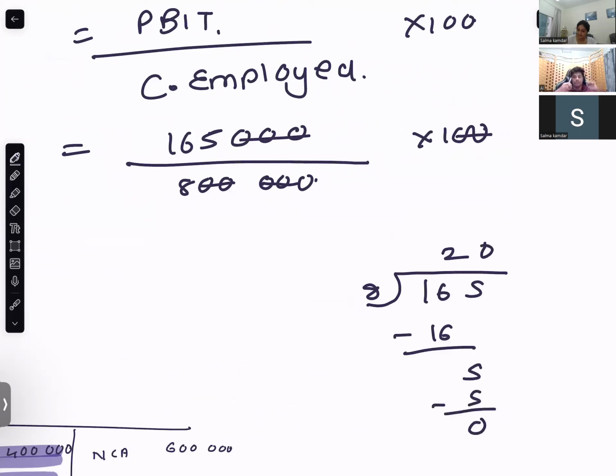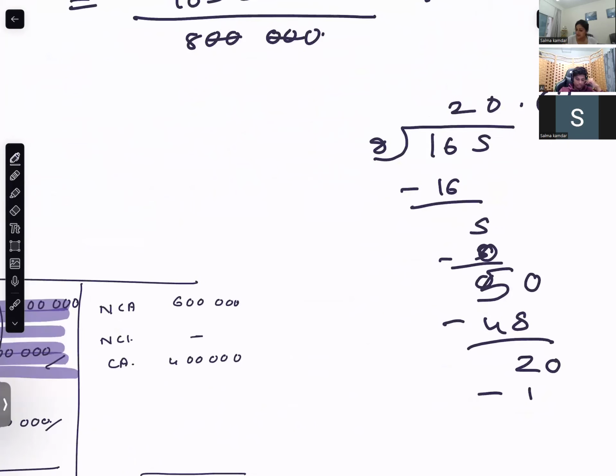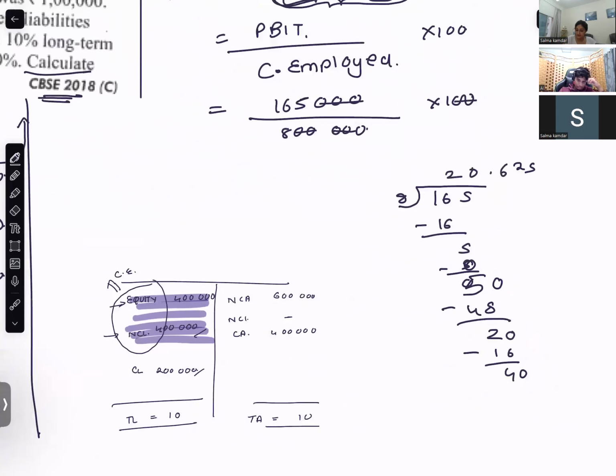Put a point 0. 8 6s are 48. 8 2s are 16. 8 5s are 40. 8, 16, 24, 32, 40. So it will be 20.625 percentage